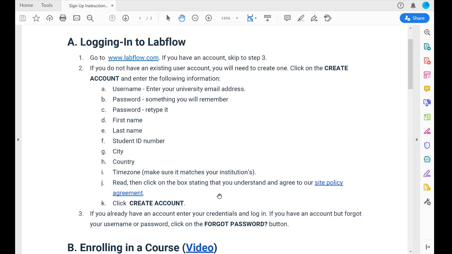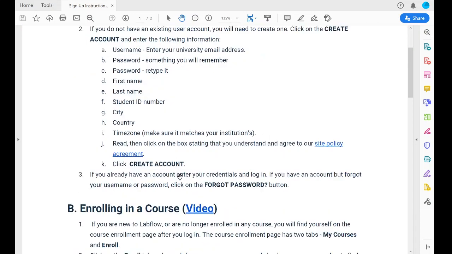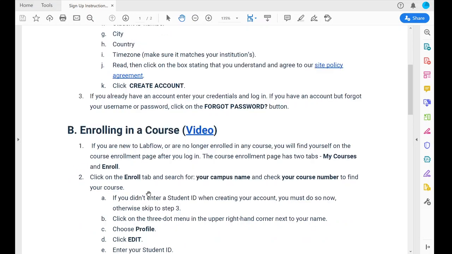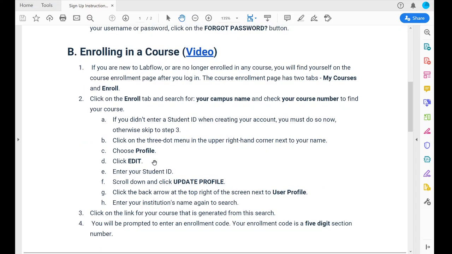Okay, so this is probably the last thing here. This is posted on the Blackboard, and I emailed it to you as well. But these are the instructions about how to sign up for LabFlow. Pretty self-explanatory. Just go in, fill everything out, it's making an account. And then just enroll in my course. Make sure it has my name on it, 1411, all that good stuff. And then you should not have to pay anything for this.